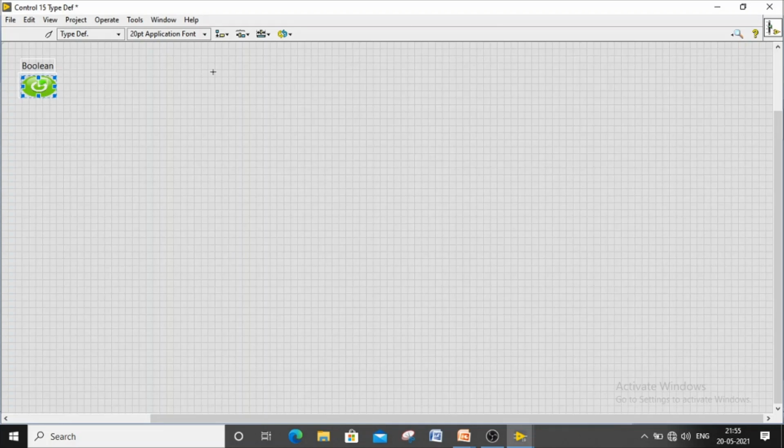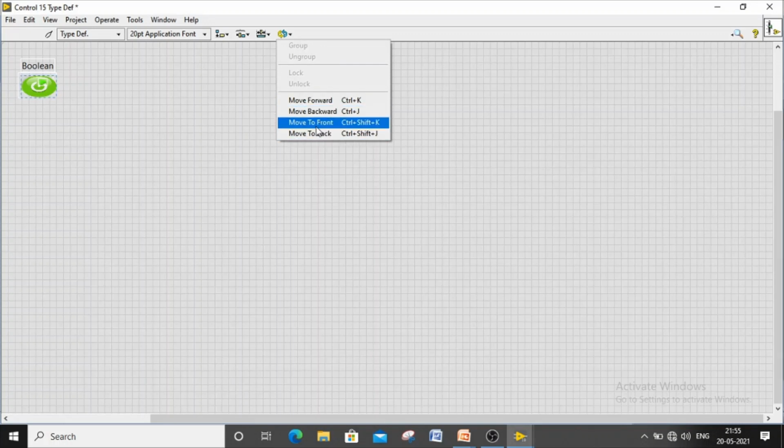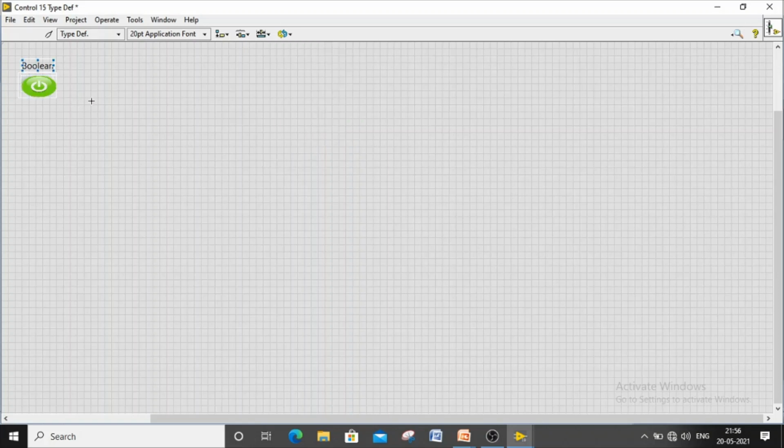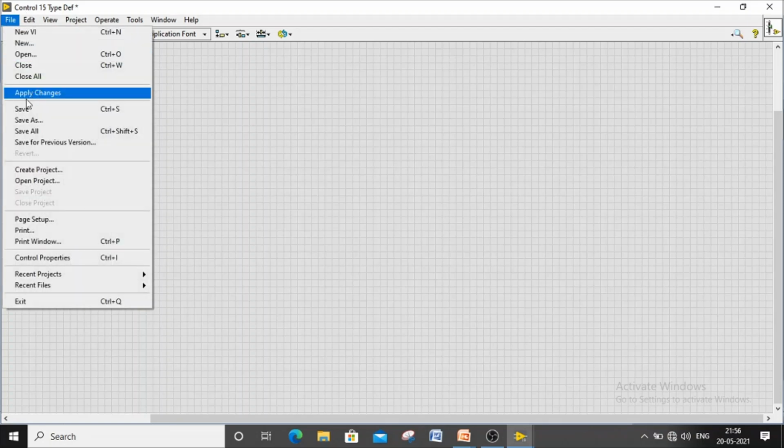Just click the particular button and there is an option to reorder. In that you can move the particular file you want to the front. So now that has been hidden. Then it is available, and you can have this type of customized content, right? Here the red color and the green color will be there, you can differentiate them. So this is a way to make it. Here the type definition is available and you can save this file.